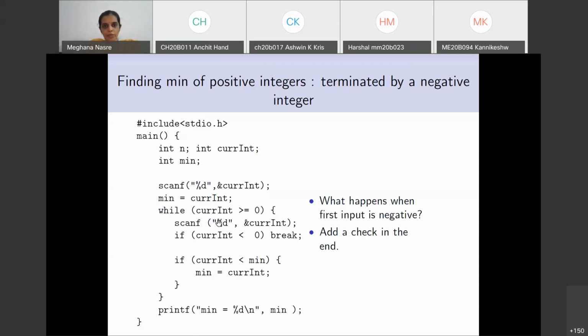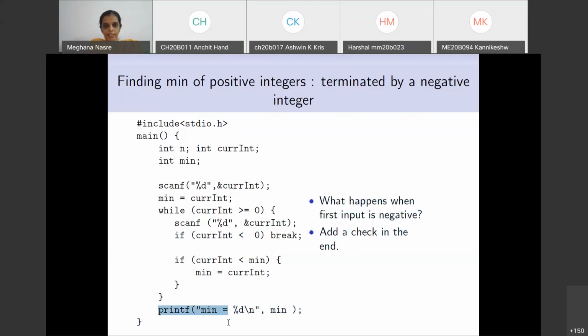So what we need to do is the following. I've just done a small modification, and everything else remains the same. If current int is less than 0, then you break. Where does this break take you? It skips all the part that is below in the loop and takes you out of the loop, where it will print out this.